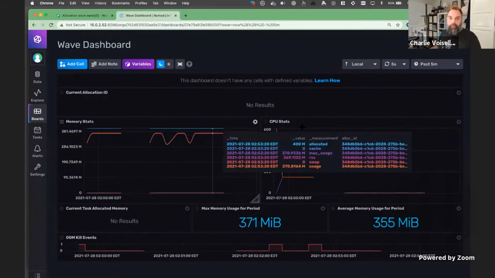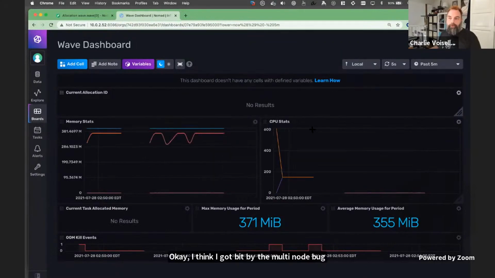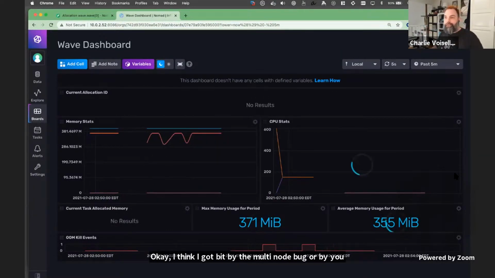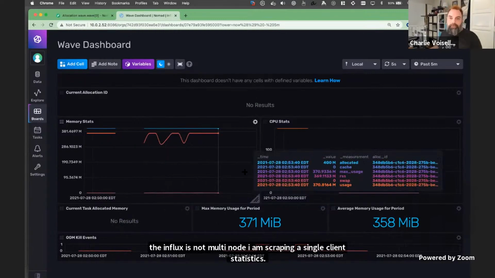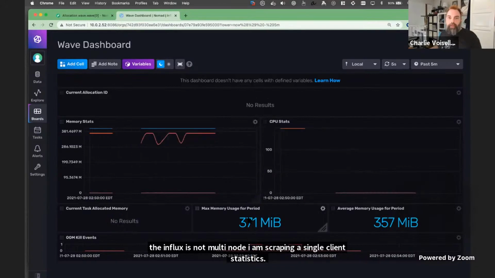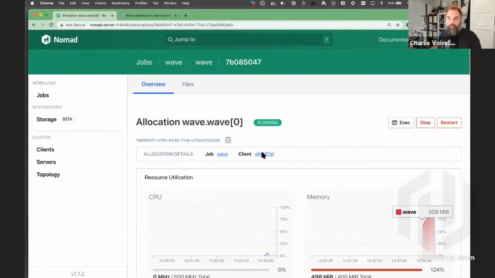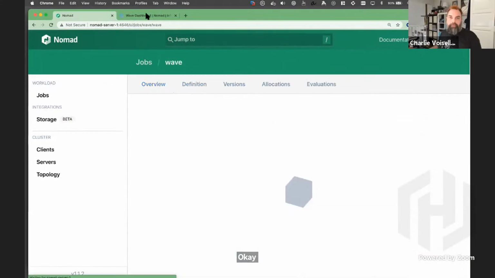Okay, I think I got bit by the multi-node bug. I did not design this demo to be multi-node. So the influx is not multi-node. I am scraping a single client's statistics. Shame on me. And then I tried to run it in my real cluster. Fiddlesticks. Okay. Hold, please. I can save this.